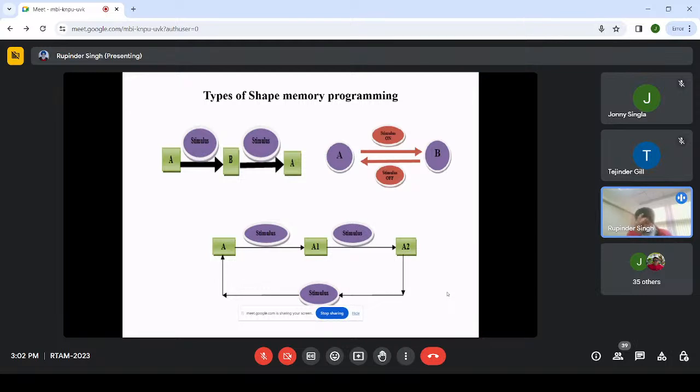Then there can be a third category which is called multi-stage programming, in which under the effect of some stimulus I am shifting my material from state A to A1, then A1 to A2. The stimulus is different, then A2 to A3 with another stimulus, and there can be n such stages. But the idea is that at the end, with the effect of all the stimuli, the material